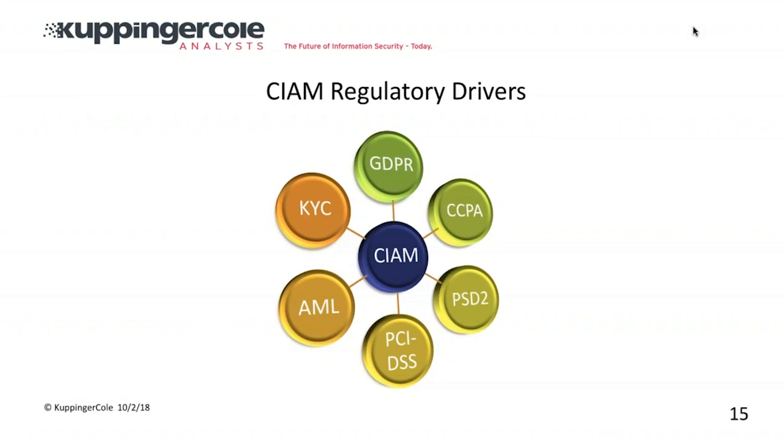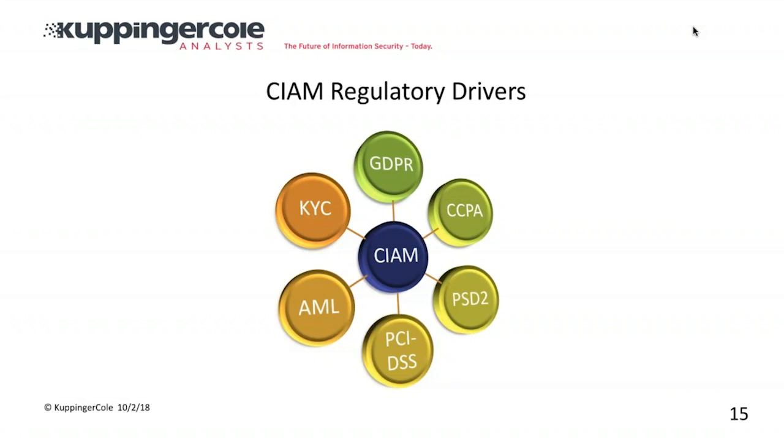We also, in the US, are now beginning to see an increased interest in privacy at the state level. So we see the California consumer privacy law that's going to be coming into effect. There's also regulations such as PSD2 in Europe. PSD2 is a financial regulation. The text of the regulation went into effect in January, and then testing for the regulatory technical specifications begins in March of next year, with an overall implementation date of September of next year.